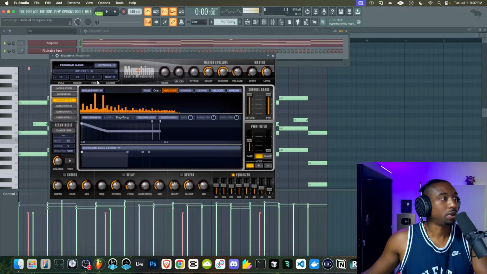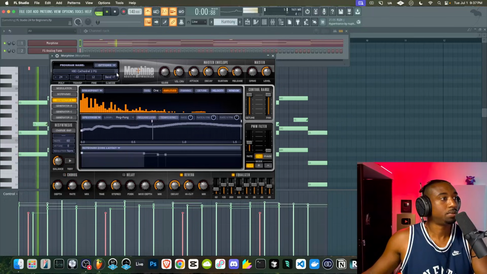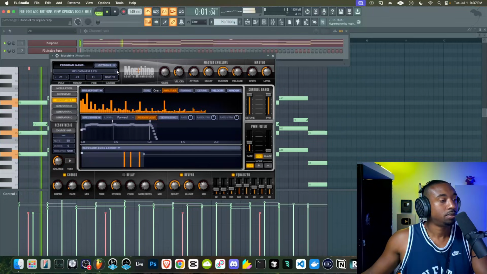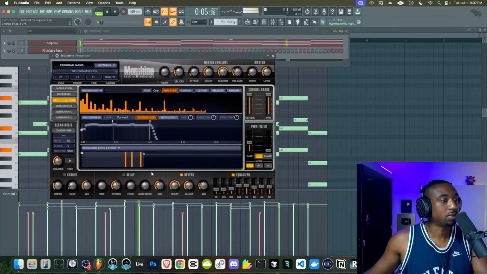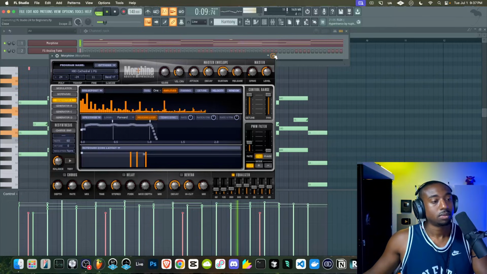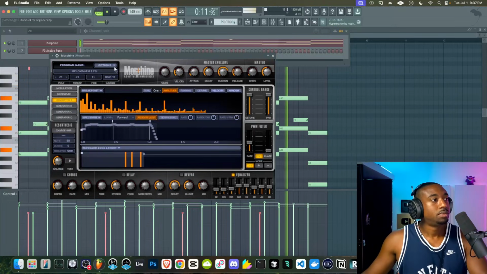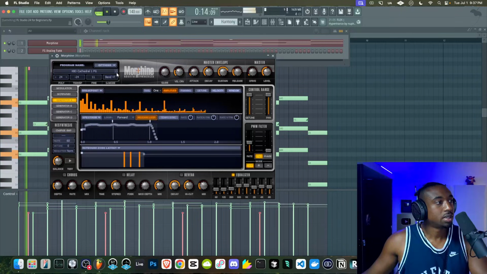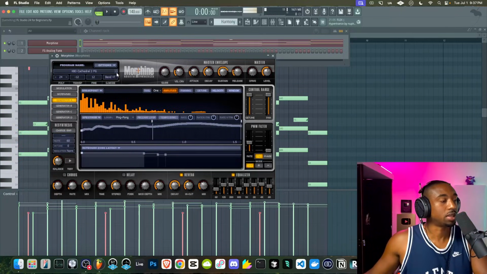If we click inside of Morphing, we could also swap out the sounds. Let's take off the chorus effect and the reverb. See how it just makes it more active? Let's keep going through sounds here.